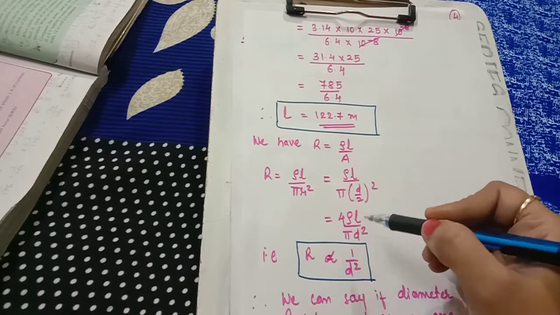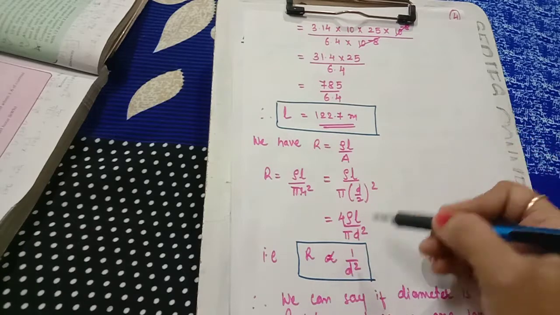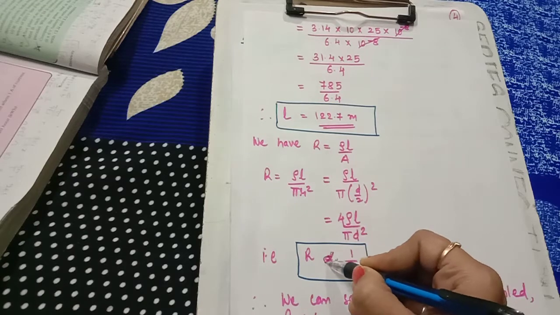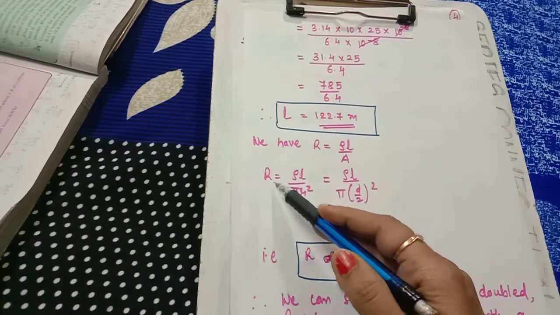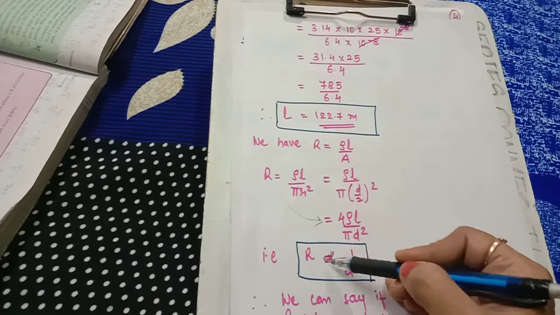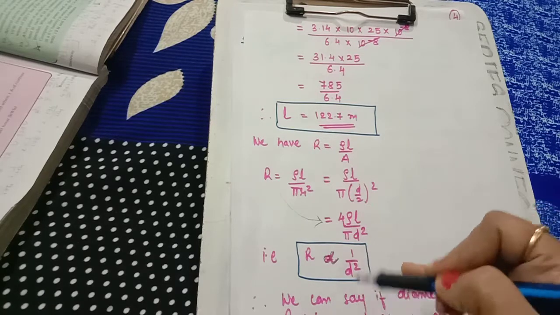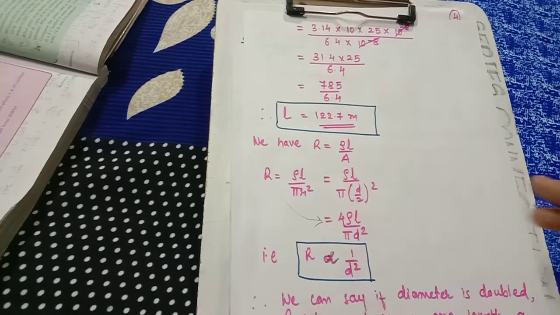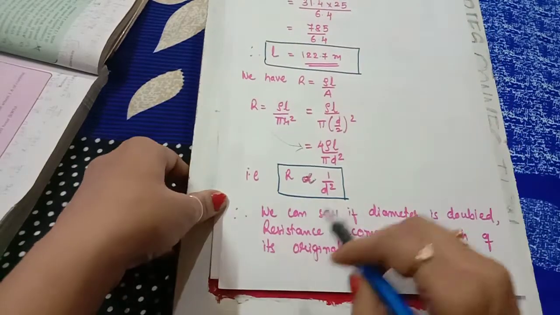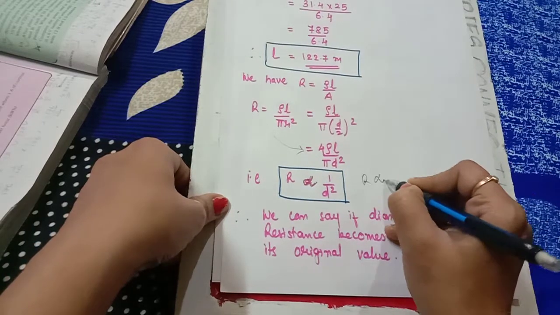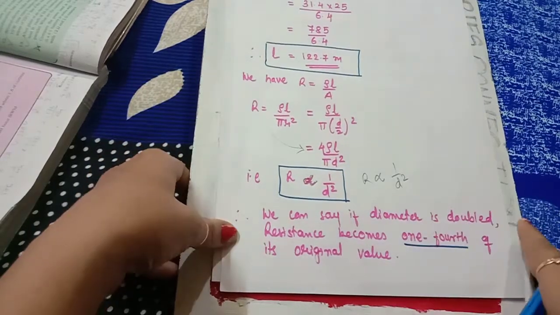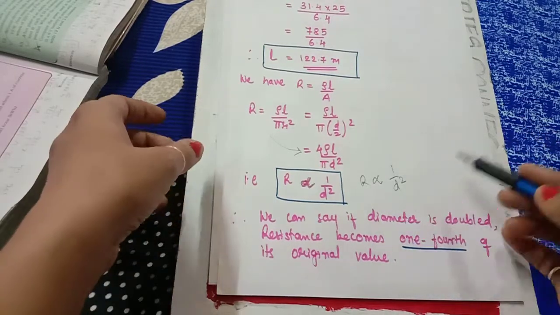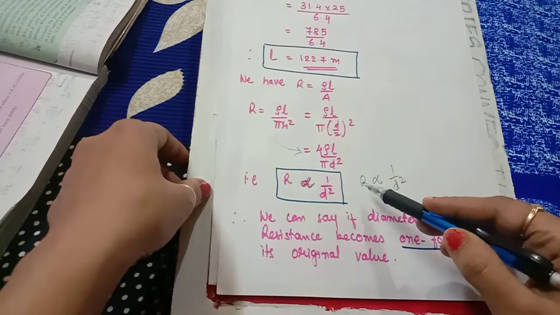They are asking what happens to the resistance if the diameter is doubled. So I will take diameter as proportional, with this proportional sign. From this I can make out that R is directly proportional to 1 by D square, or rather you should say R is inversely proportional to the square of the diameter. This way I write R is inversely proportional to 1 by D square. It means if D is increased, R is reduced; if D is more, R is less.